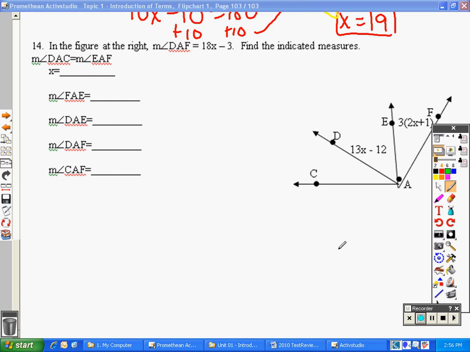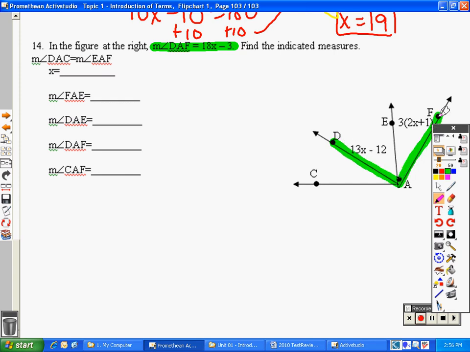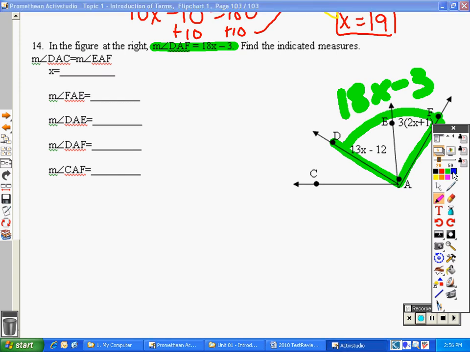All right, problem number 14. In the figure at the right, we have that the measure of angle DAF, I'm going to use my highlighter to kind of look at this. The measure of DAF, this whole angle, is 18x minus 3. Find the indicated measures, especially if we know that, and let's look at this other piece of information, that DAC